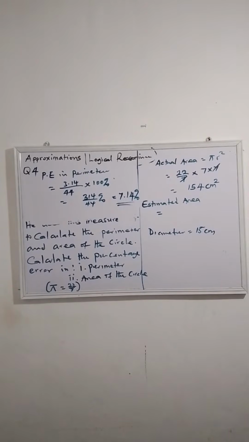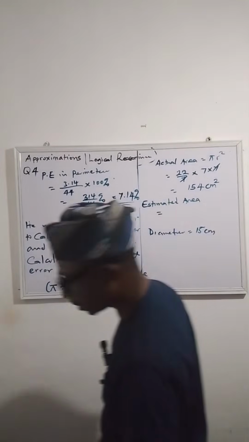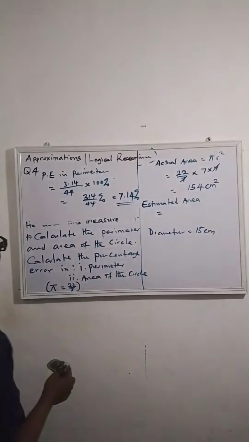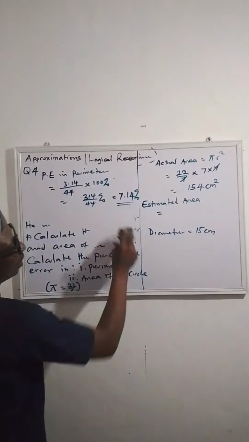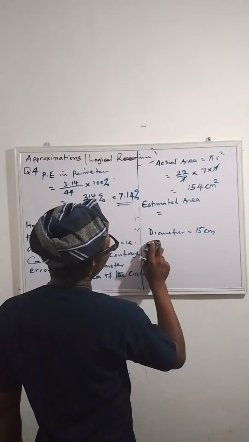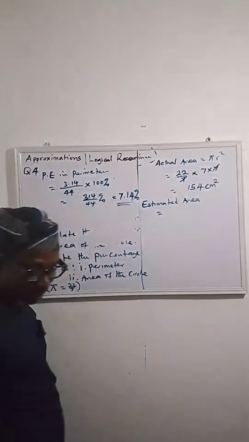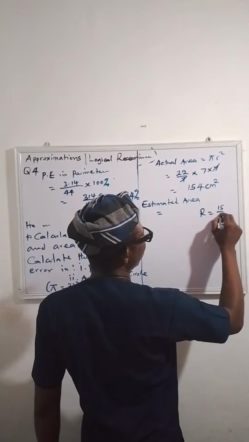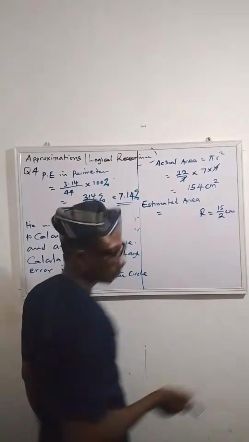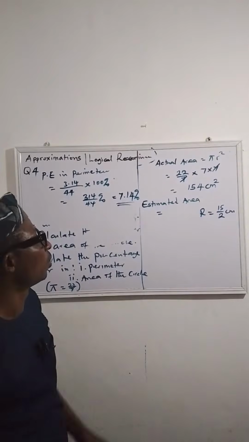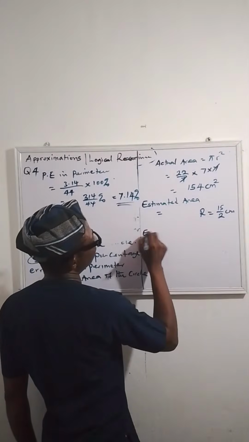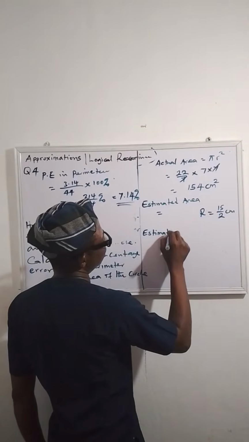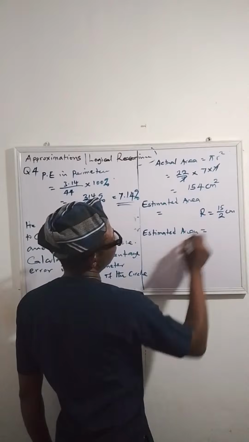All right, because of our time, let's quickly do that together. So let's see if that is correct, for those of you that did it. All right, now let's do it here. So the diameter is 15, so that means the radius is going to be what? 15/2 centimeter. So that's going to give us the radius. So estimated area is